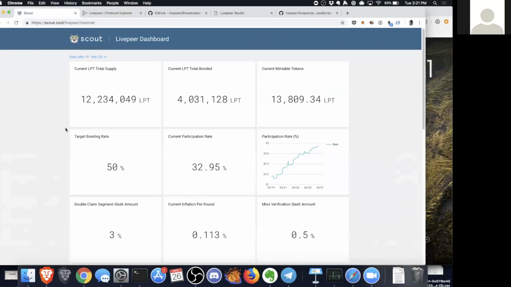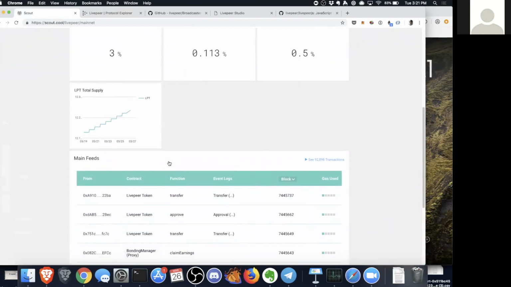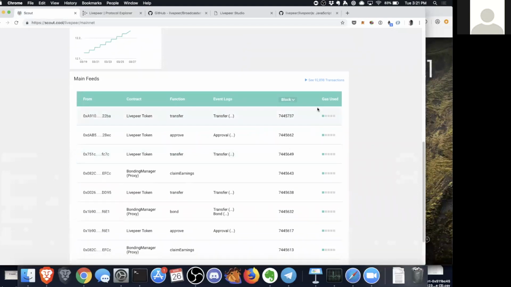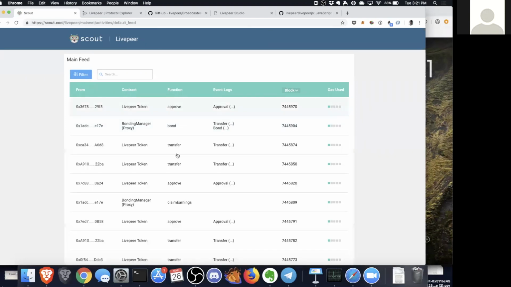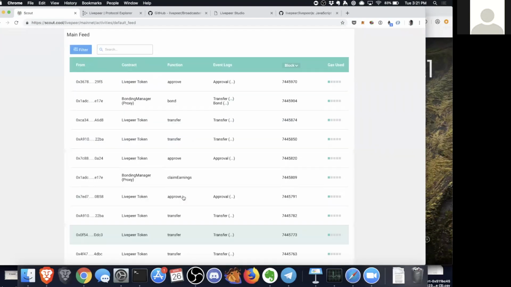The whole idea is that over a couple of years this network will be owned and operated by those who are participating and running nodes and delegating, and not by those who are just speculating, sitting tokens on the side. I mentioned this is a third-party application. It's really nice. They have this whole transaction explorer where you can search for all the events in the protocol and filter them by type and see what's going on.